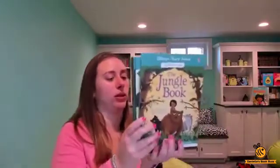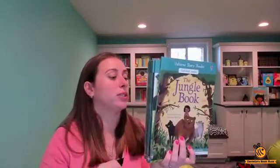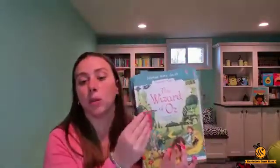So, and then finally we have the Confident Reader. Plus the stories, in addition to having more words, they're actually longer books, like more pages. And again, they have those puzzles and things at the end. Then we have the Confident Reader. So this is for children who are now building their range and stamina in order to tackle longer, more challenging books. So we have The Jungle Book, The Wizard of Oz,